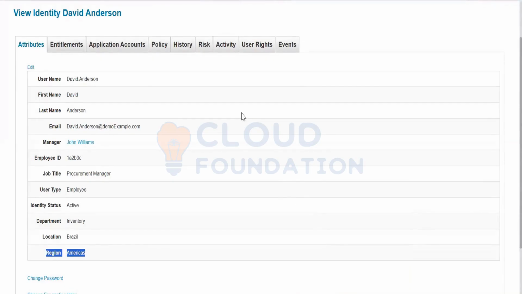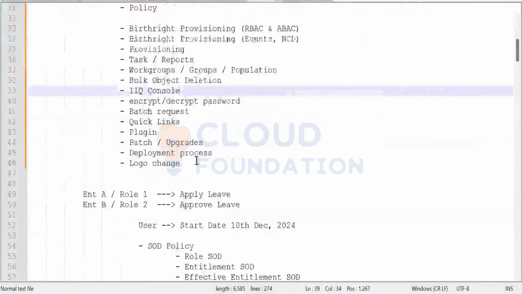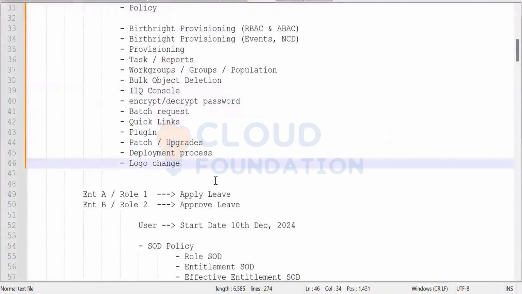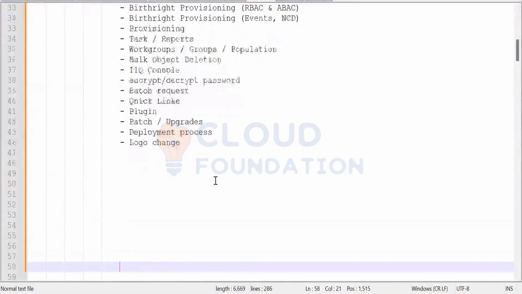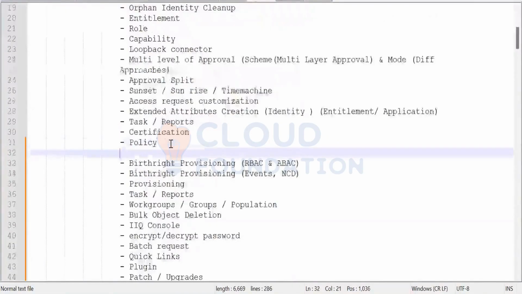Now I am going to demonstrate what is RBAC. Before that, I will walk you through it. We are talking about